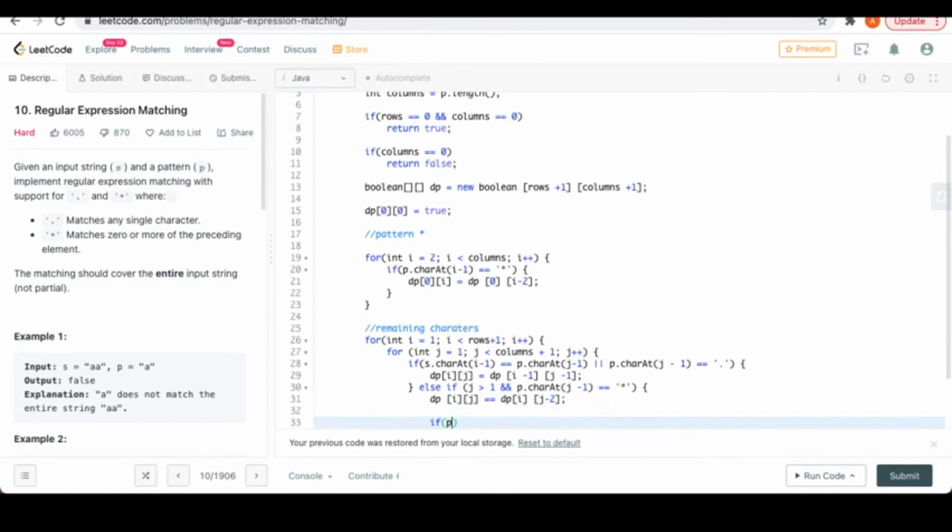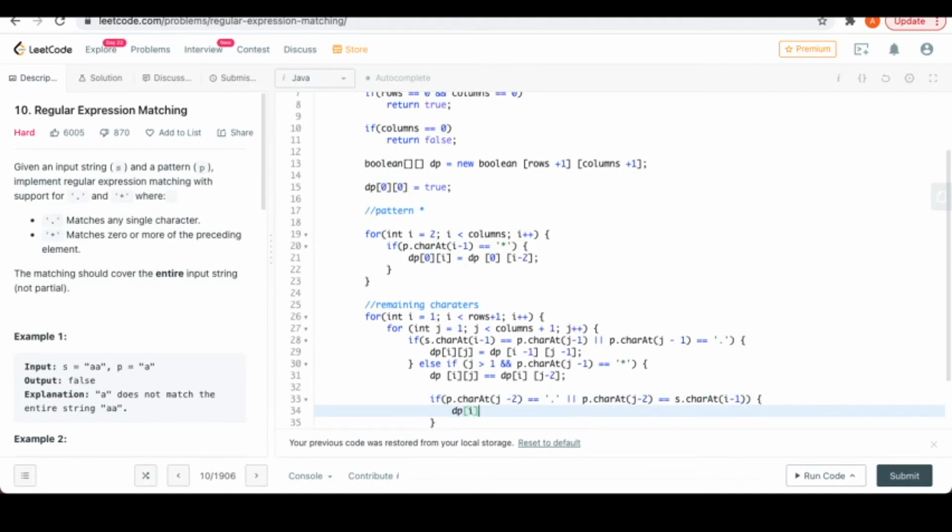And if p dot charAt j minus 2 is a dot, this is a special condition, or p dot charAt j minus 2 is the same as the char of s at i minus 1, then we will have dp of i comma j being updated with dp of i j or dp of i minus 1 and j.